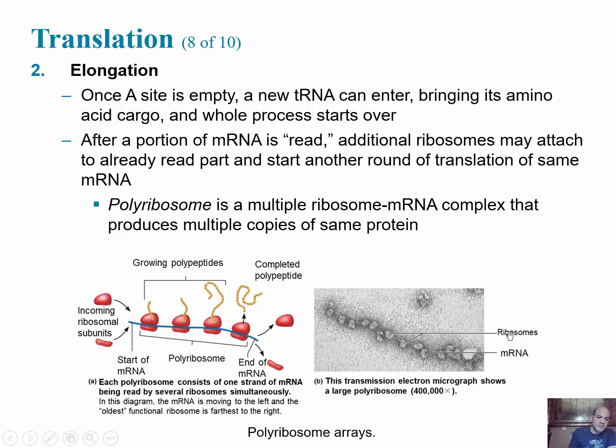And so that elongation is all described here. And there are cases where we can be translating several polypeptides at the same time, and that's modeled in the diagram below. It's called a polyribosome. You can see that we can have initiation start several times along the chain, and as we move the mRNA through the ribosomes, we have various stages of completion of the polypeptide. So here comes a new ribosome binding at the start